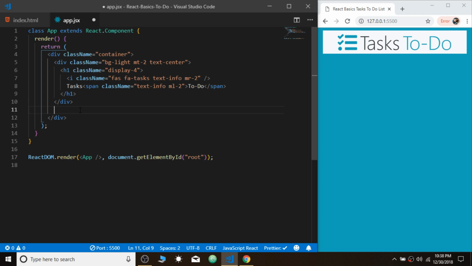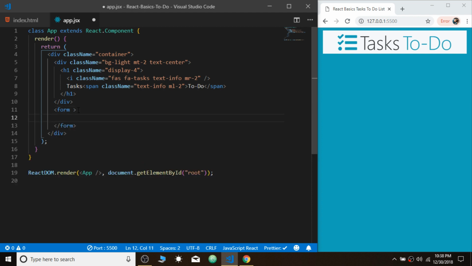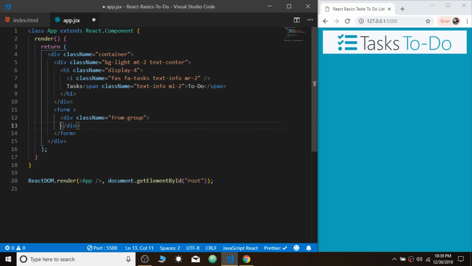Okay, and I will use a div for this form. Actually create a form, I just want to create a form. So a form which is not going anywhere, so we are not submitting anything to any server. So in the form, I'm going to create a div with class form group, and in this div we need an input,